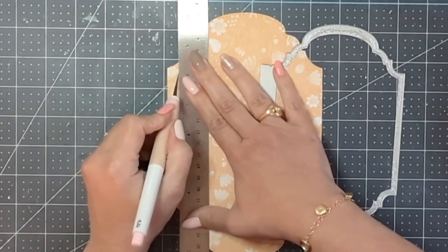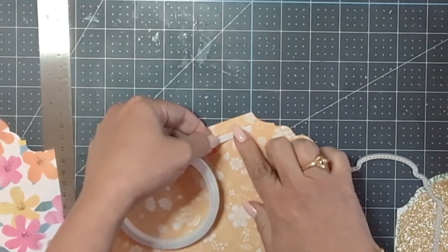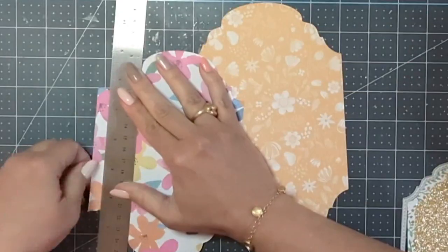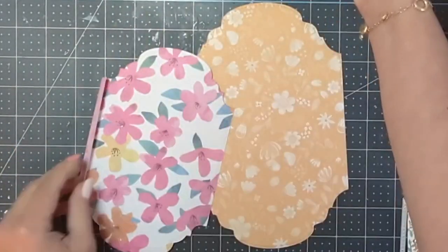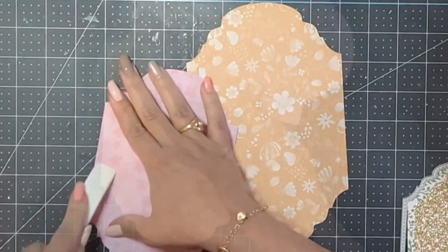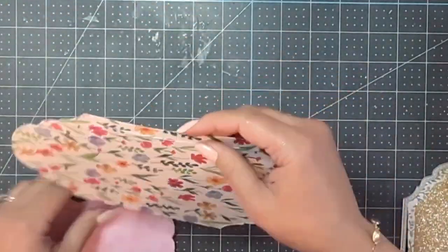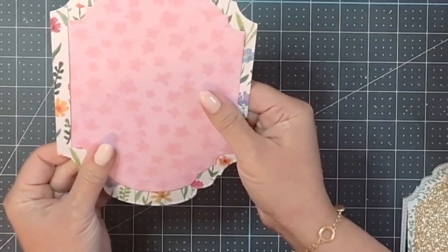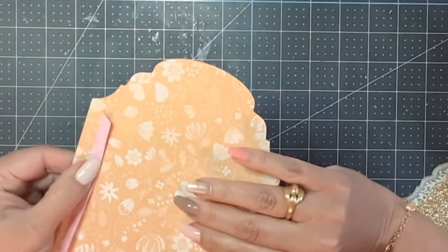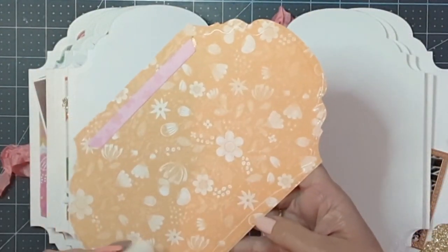Now here I'm cutting a slit right into this die cut piece that's going to be also the background of one of my pages. I cut out another smaller piece using the same die set, just a smaller die. If you see there, I have a little bit of an edge. I folded it, and now I'm cutting away the little corners at a 45-degree angle. I'm slipping that right onto that background page. I'm flipping it over and adhering it right onto the back, creating a hinge, because this will allow me to